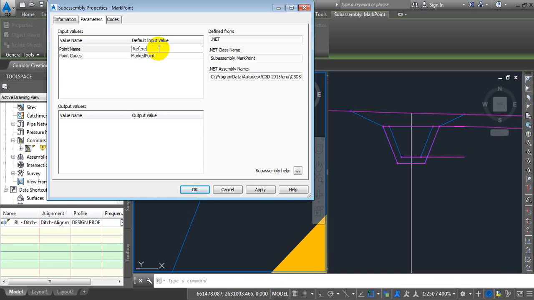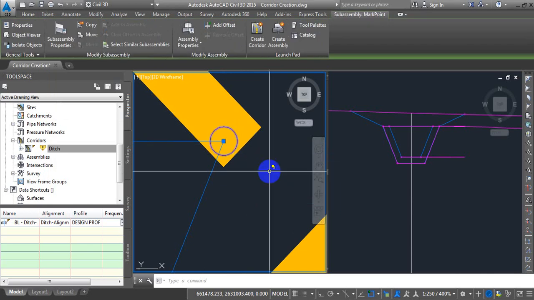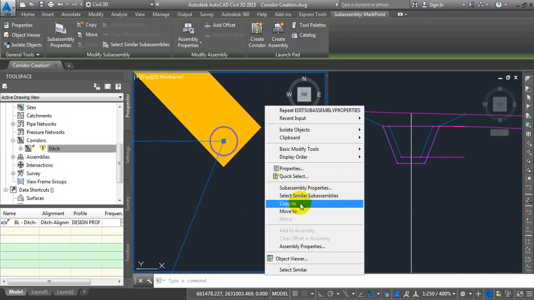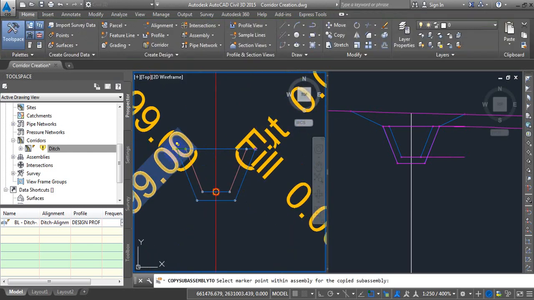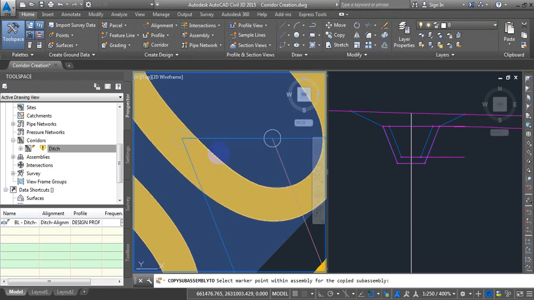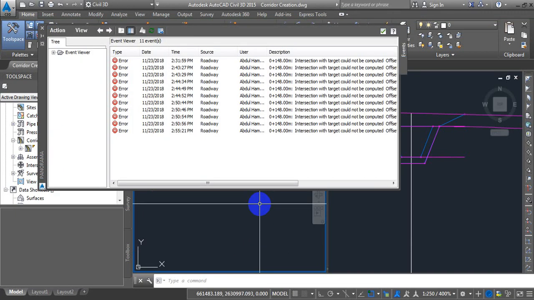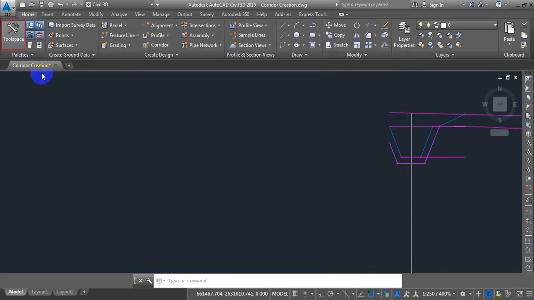Then I will copy it and place it over here as well. I will select the mark point again, right click and copy. I will select the option called copy to, and copy it to the other edge. I will click over here, and then I will rebuild my corridor. Once the corridor has been rebuilt,